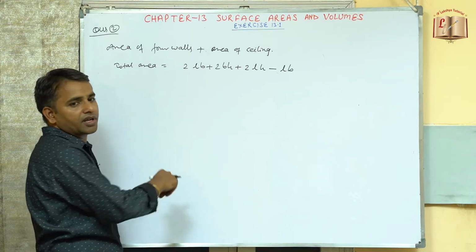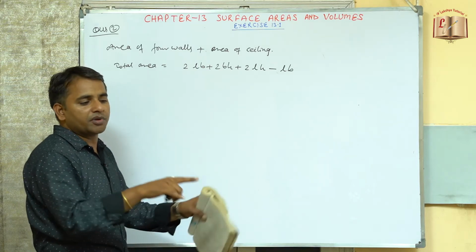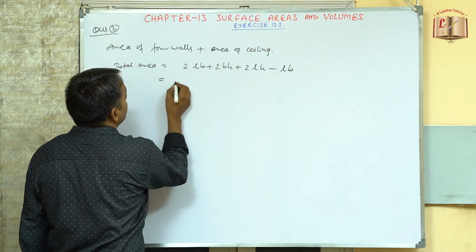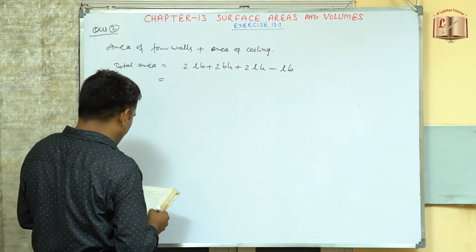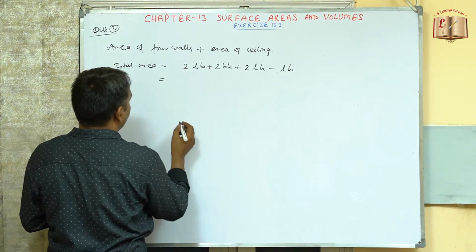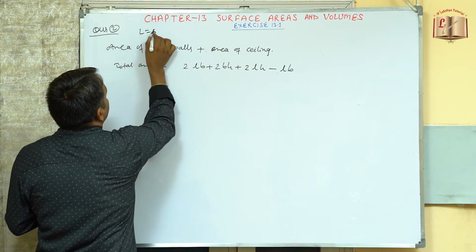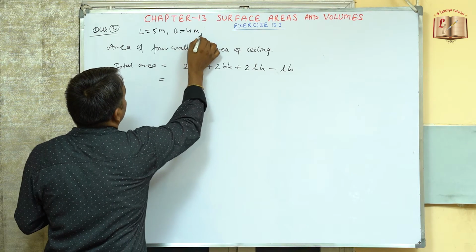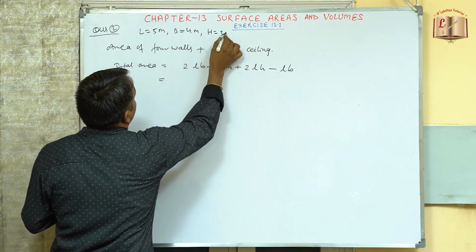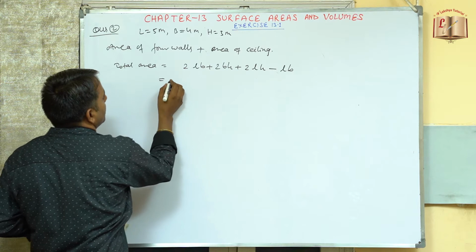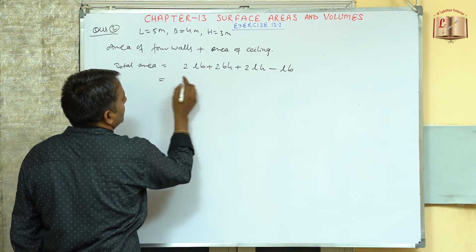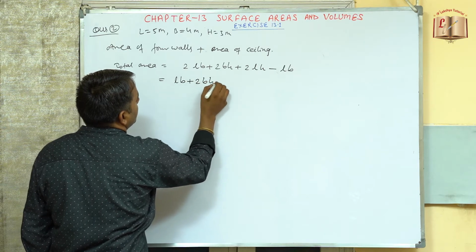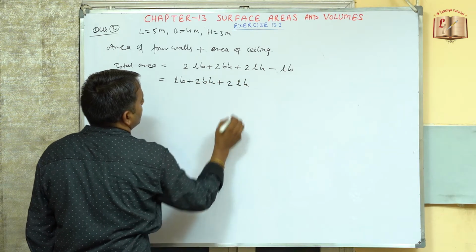जैसा ये previous वाला question था कि open at the top, इसको अभी हम assume कर सकते हैं कि बॉटम पे ये ओपन है. So now this will be equal to, and length, breadth and height are already given. So length is now 5 meter, width equal to 4 meter and height is equal to 3 meters. So we will now substitute these values. We can even simplify this, so this will now be LB plus 2 times BH plus 2 times LH.